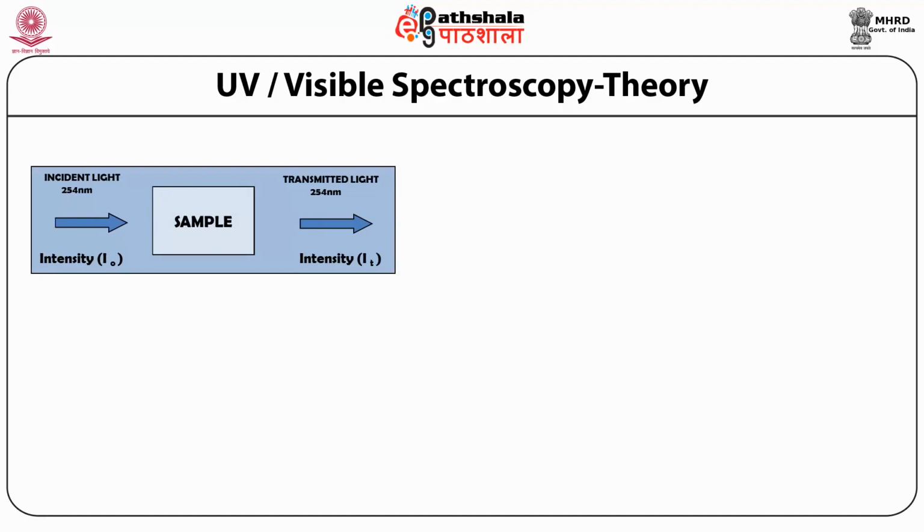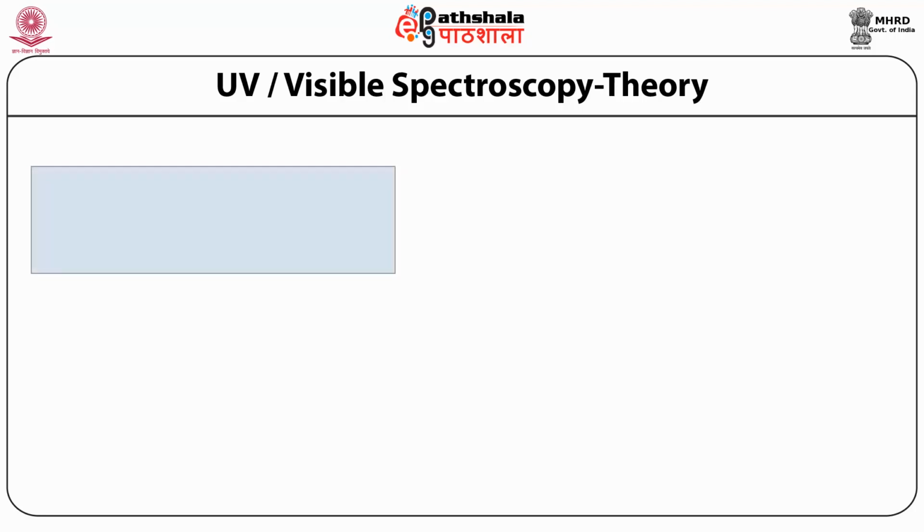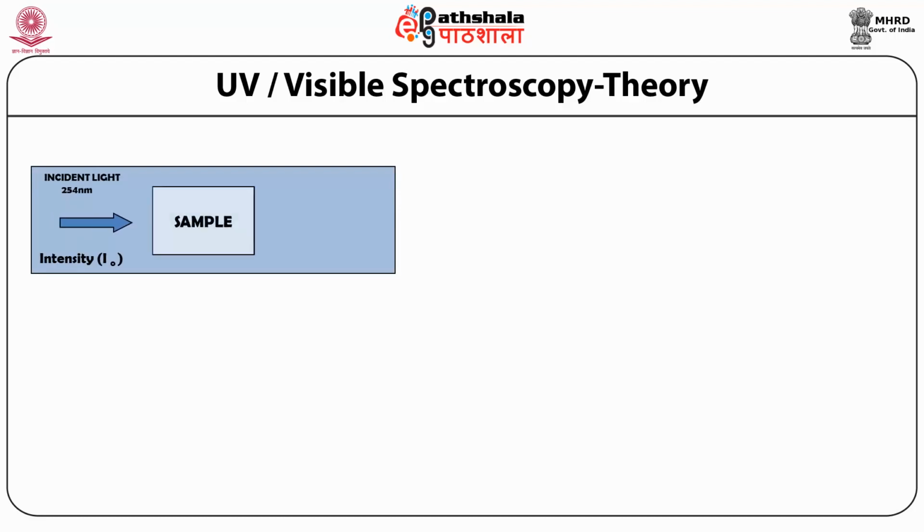Each of the transitions or jumps requires the absorption of a quantum of energy, and if that energy is derived from electromagnetic radiation, there will be a direct and a permanent relationship between the wavelength of the radiation and